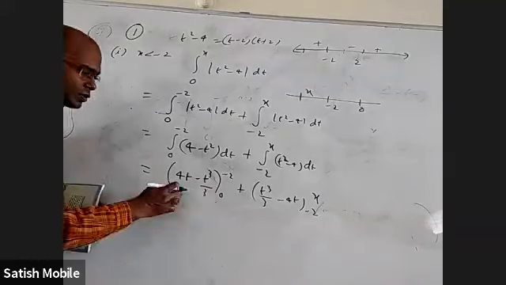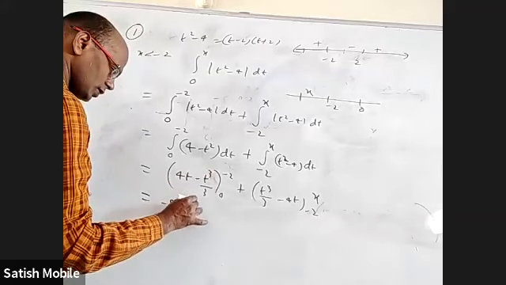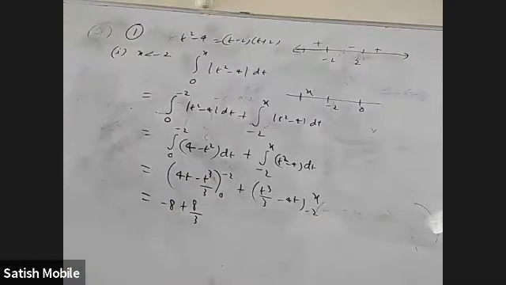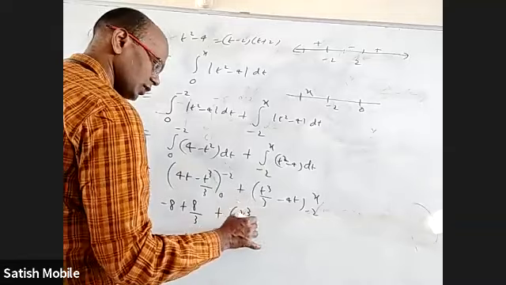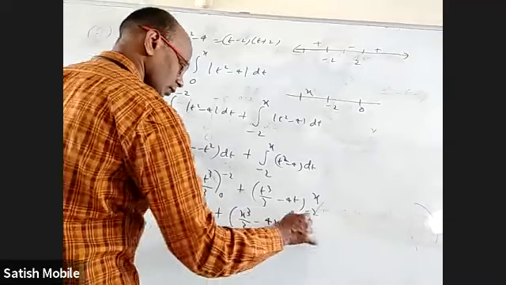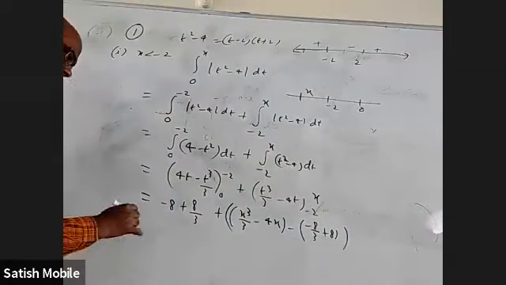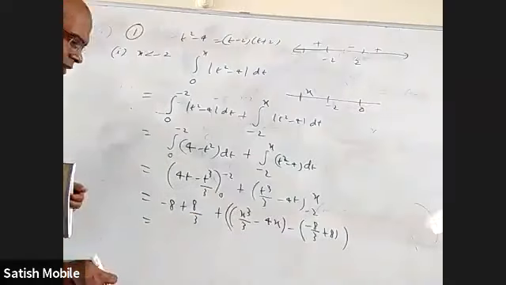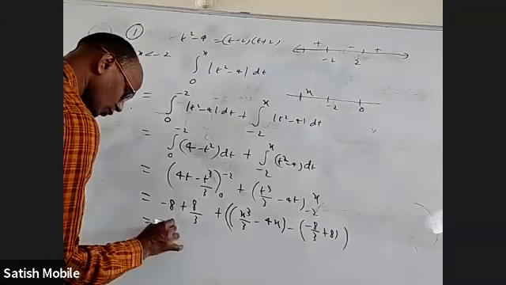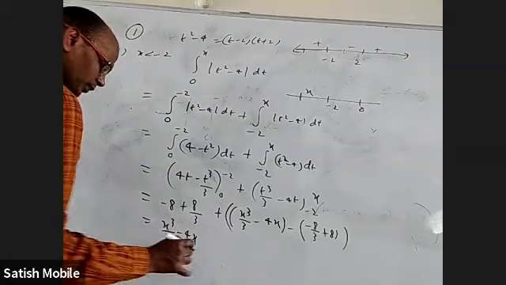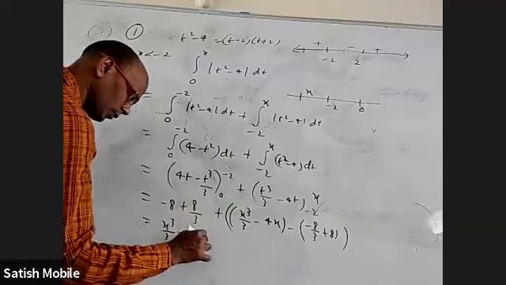When I put 0, everything is 0, and when I put -2, it is -8 here, so +8 by 3 here. Here, when I put 0, it is 0. When I put x here, it is x cubed by 3 minus 4x minus, when I put -2, -8 by 3 plus 8. This and this are the same, they'll get added up, not cancelled, because +8 by 3 plus 8 by 3, -8 -8. Okay, so I'll get x cubed by 3 minus 4x. This part is -24 plus 8, -16 by 3 doubled, -32 by 3.